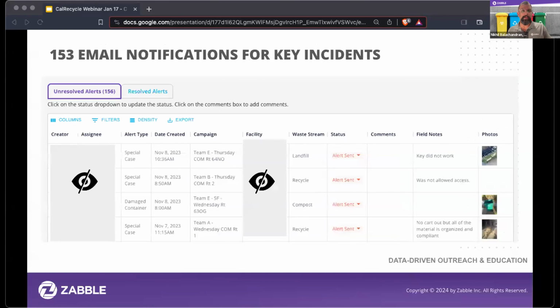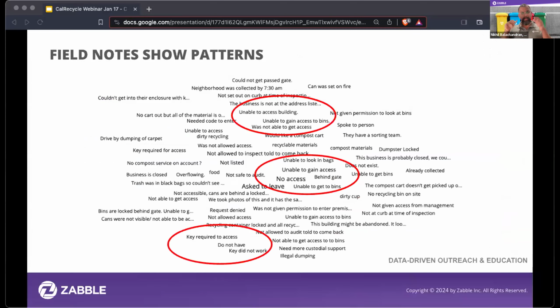And then finally, you can look at incidents that were created in the field. These were real-time notifications to quickly communicate with stakeholders and alert them with the right incidents. What this really tells you, by getting into the notes, is what some of the typical concerns are that are being brought up by the field staff.